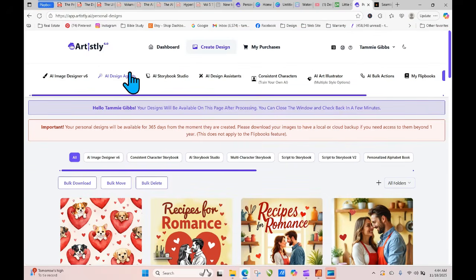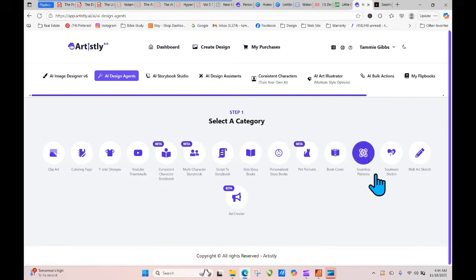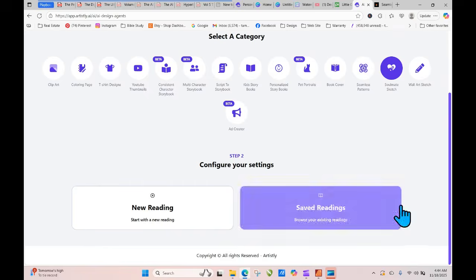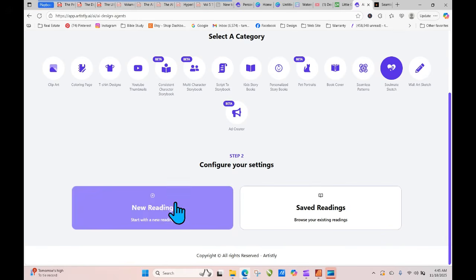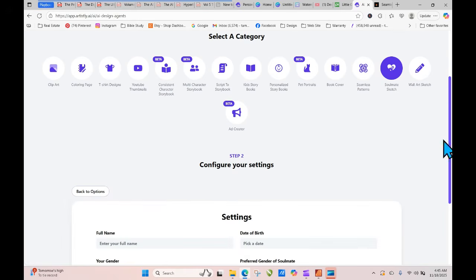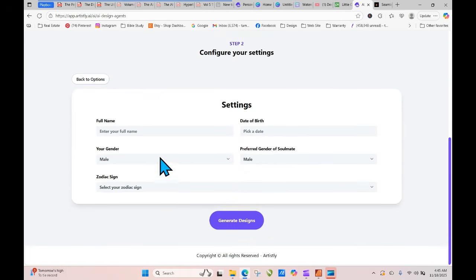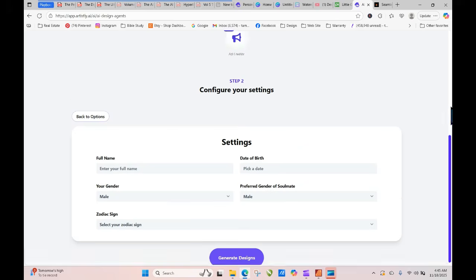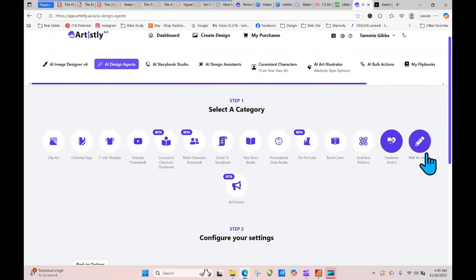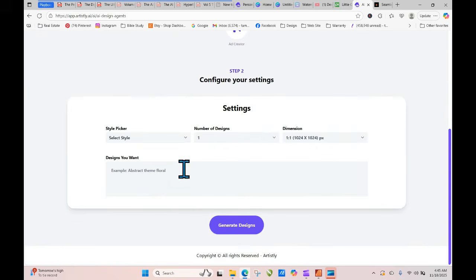So back to the design agents. I have no idea. This soulmate sketch, I really do not know what this is. So I'm not much into astrology and all that kind of stuff. So this is, I guess, where it tells you, and I'm not going to do this just because that's my personal thing. This is all about your zodiac signs and stuff like that. So I'm going to skip over that if y'all will just give me grace on that because that's not my thing. Now, wall art sketch,